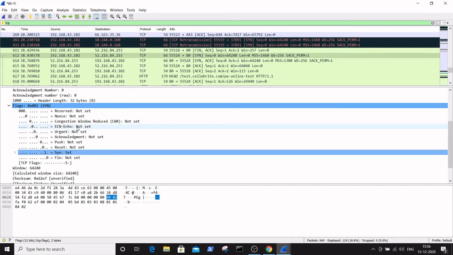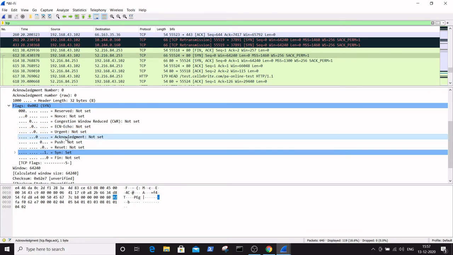ECN, explicit congestion notification, is used to notify about congestion related issues. Here it is showing not set. Another is the urgent flag, whether any urgent flag is set or not. Here the status shows that no urgent flag is set.